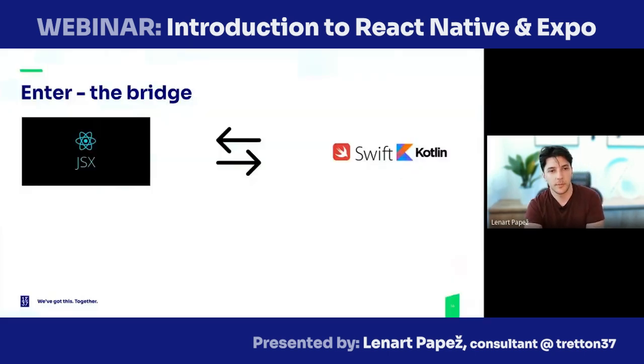So how does it work? I mentioned the bridge, and I like to think of this like having three people trying to communicate, but they all speak a different language, and only that language. So we have JSX, we have Swift, we have Kotlin. How will they communicate with each other and know what's going on? In a real-life scenario, if you have three people speaking three different languages trying to get to a common ground, you would, of course, put some kind of a translator in between that knows all three languages. So it's the same here. The bridge essentially acts as the translator,